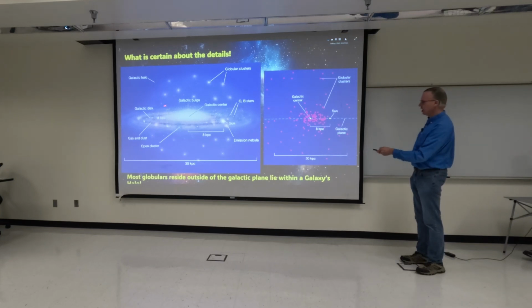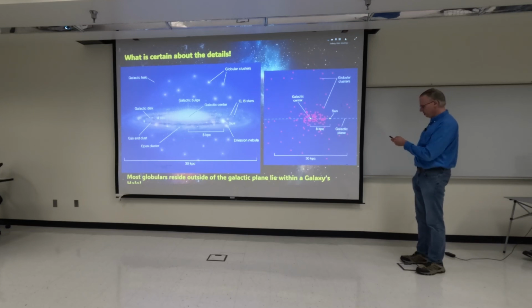They're very rare close inside the galactic bulge because the combined gravity of all these stars can overwhelm any globular cluster. But we find a lot of the concentration within 8 to 10 kiloparsecs. That is within just a fraction, in some cases only about 1/3 to 1/5 of the diameter, or the radius, of any type of galaxy.